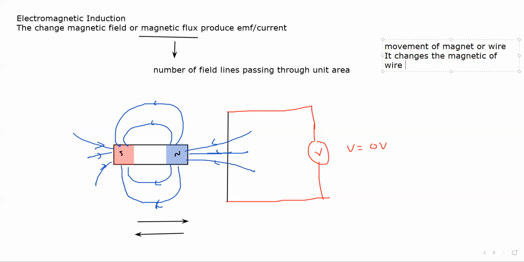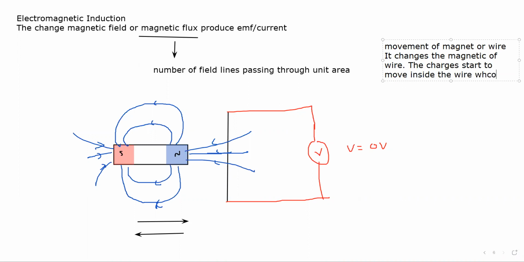And whenever there is a change in the magnetic field of a wire, the charges start to move inside the wire,